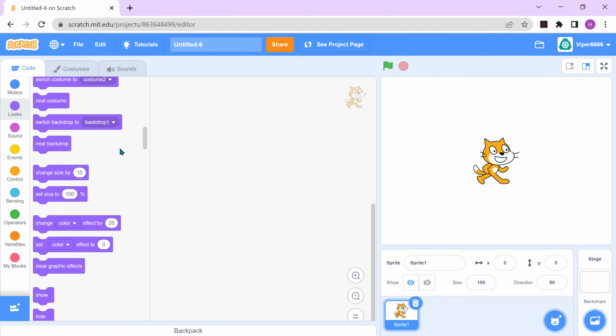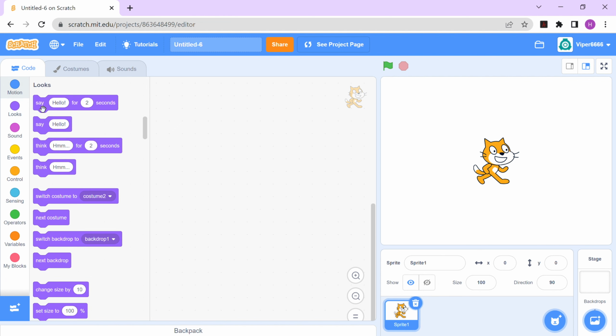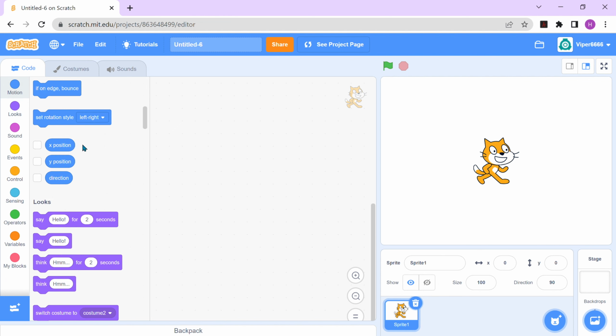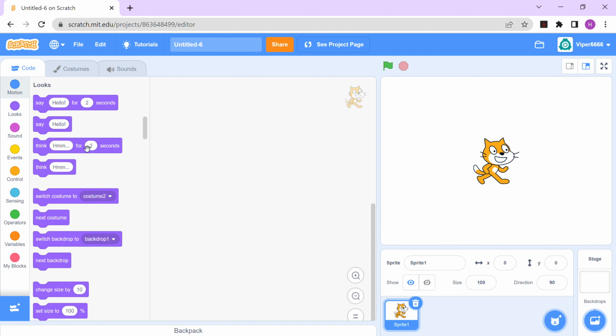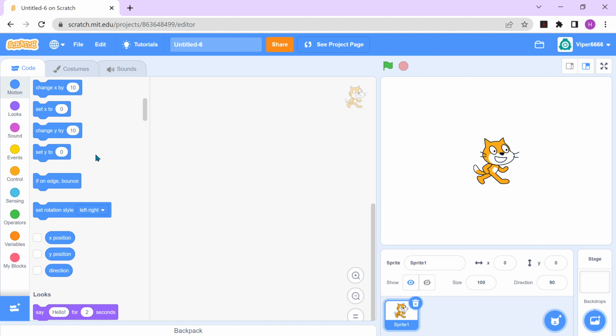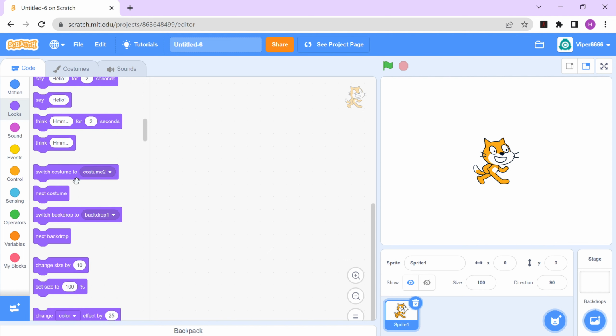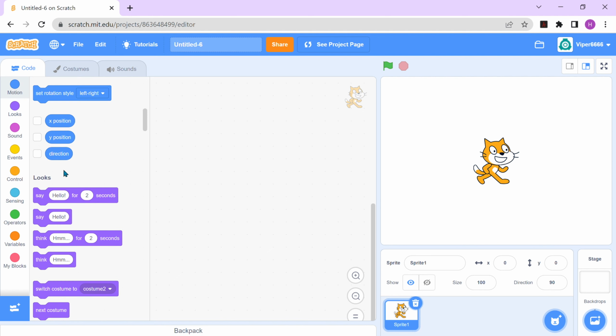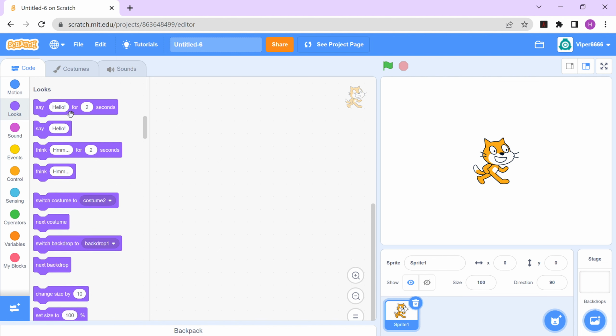Today we'll be taking a look at the looks blocks. This is not a pun, okay guys. In the recent video we've already seen what the motion blocks can do. Now let's see what the looks blocks can do. As usual, we'll start with the first one, which is